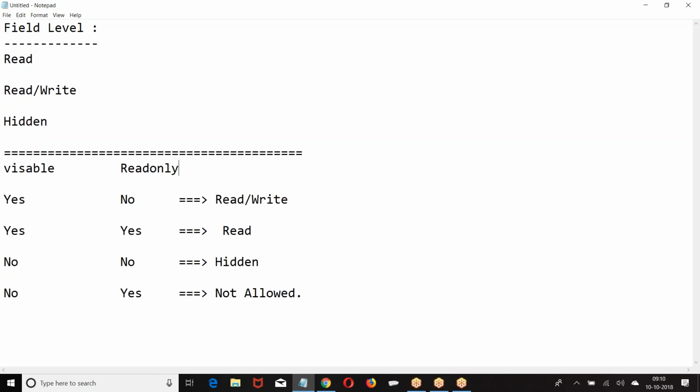Visible and read only means read. Visible no, read only no, it is hidden. Visible no, read only yes, it is not allowed. I hope you are good with this. Now, this is the field level permission given at the time of creating a field. If you observe the creation of a field,